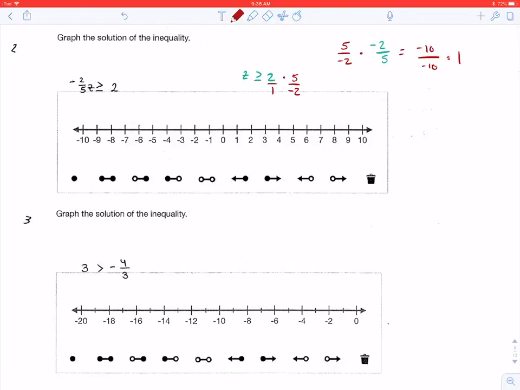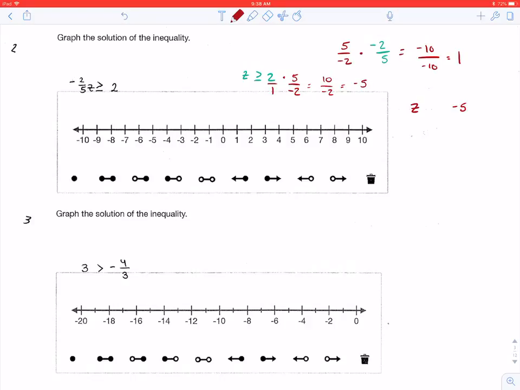Now on the right side, we're going to do the same process. We've got 2 over 1 times 5 over negative 2. And 2 times 5 is equal to 10, and 1 times negative 2 is equal to negative 2, and 10 divided by 2 is equal to 5, positive divided by negative is equal to a negative 5. And so now we have that z on the left side, we have a negative 5 on the right side,